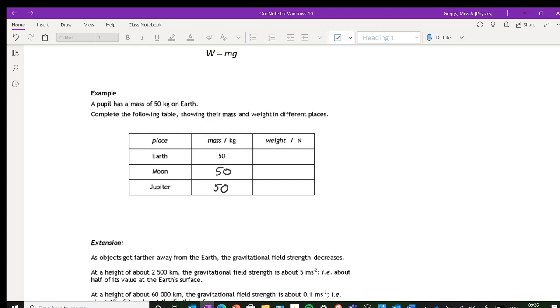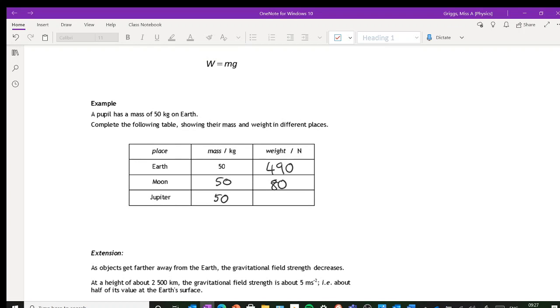So remember, weight is 9.8. I mean, sorry, not weight. Gravitational field strength is 9.8 on Earth. Look at the equation. W equals